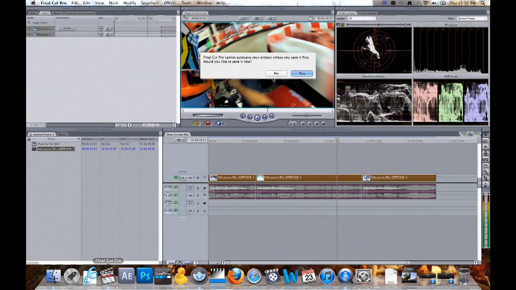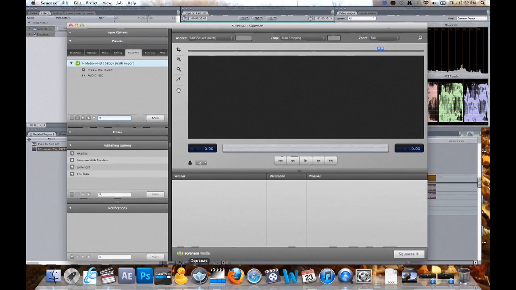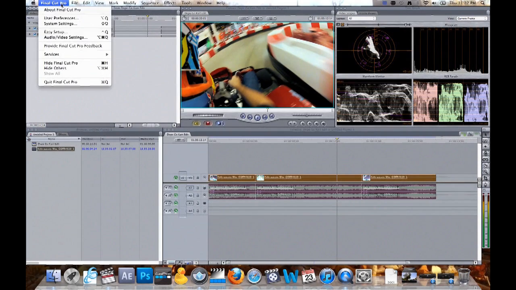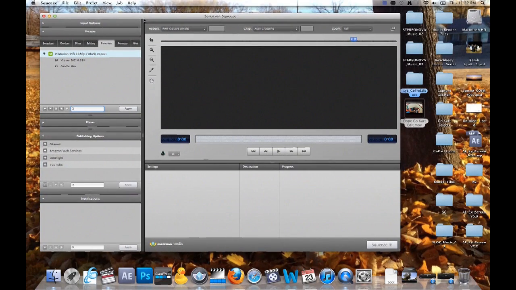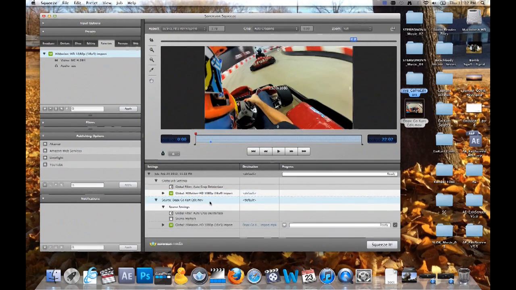It does a lot better job at retaining color information, especially for your videos that you're planning to put on the web, such as YouTube or Vimeo. We have a special little preset that we already made, and then we just click and drag like that, and there's our video there, and it's got our settings, and then we hit squeeze,